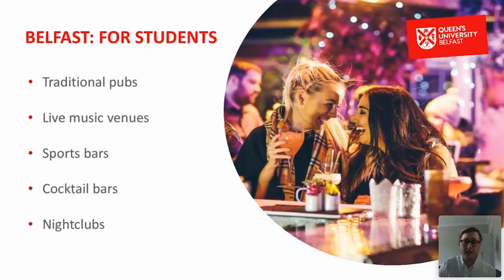In terms of nightlife, coming to university, nightlife is an important part for a lot of people. And Belfast, whatever it is that you're into, will be able to fulfill that for you. So whether it's traditional pubs or live music venues, sports bars, cocktail bars, nightclubs, Belfast has everything that you might possibly want to attend. So I would definitely recommend speaking to some students today that are on the student panels later in the day,